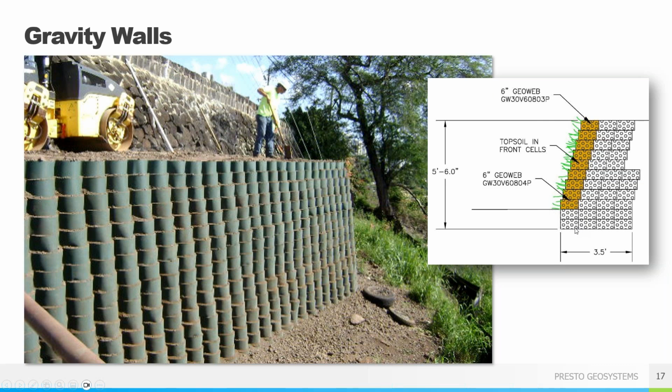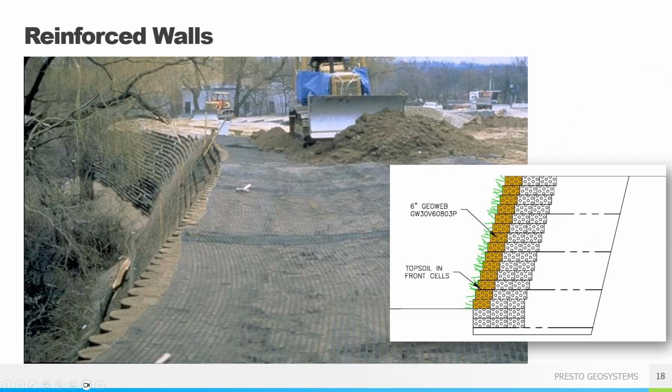When we're talking about gravity walls, I do want to mention though that once you go past 2 different types of cell panels, say if you're having a 3 or 4 cell D panel, I would highly recommend looking at a reinforced wall because it does get hard out in the field when you're constructing with multiple panels. So just a little tidbit, I would highly recommend that. So like I said, we will help you with any type of these evaluations.